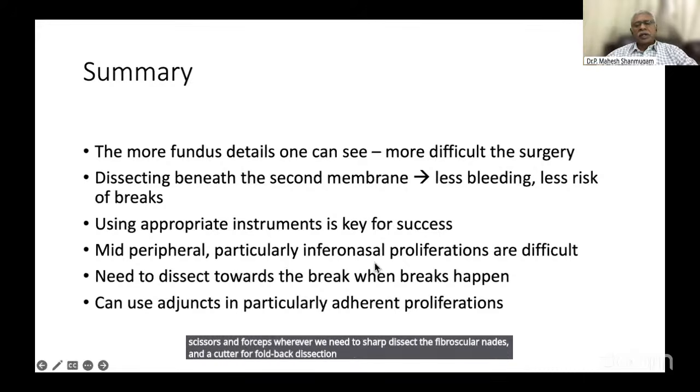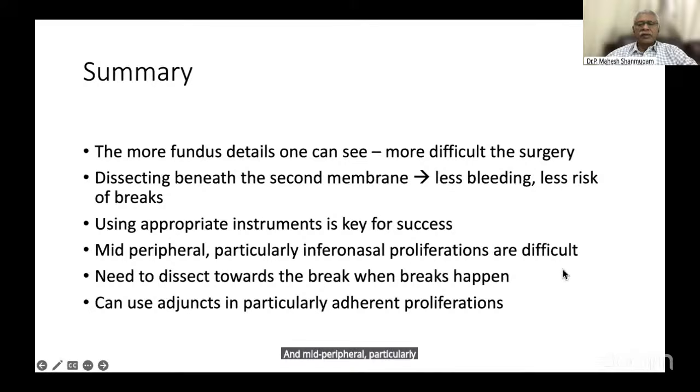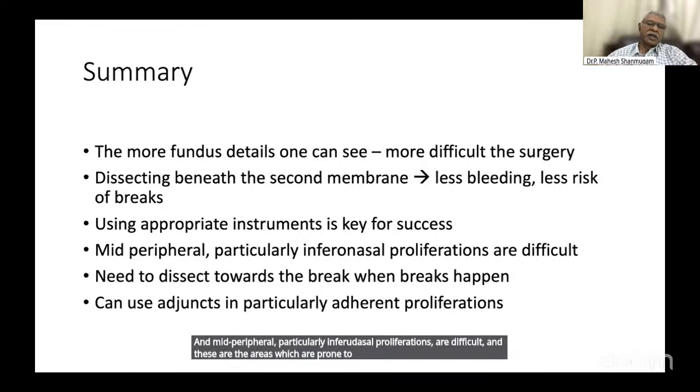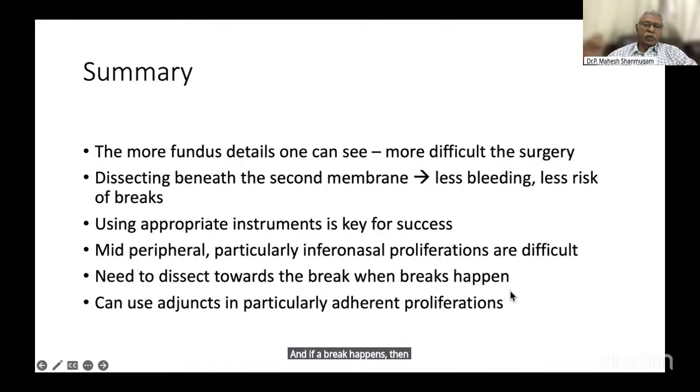And mid-peripheral, particularly inferonasal proliferations, are difficult, and those are the areas which are prone to breaks, and those are the areas where the hyaloid is strongly attached as well. And if a break happens, then we start dissecting elsewhere and work towards the break, and can use adjuncts in